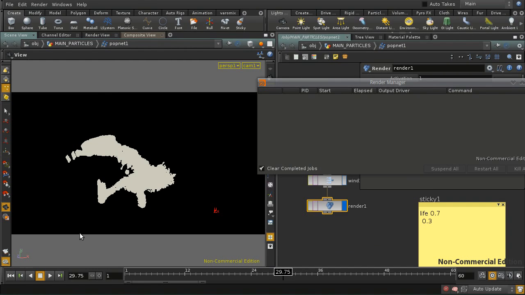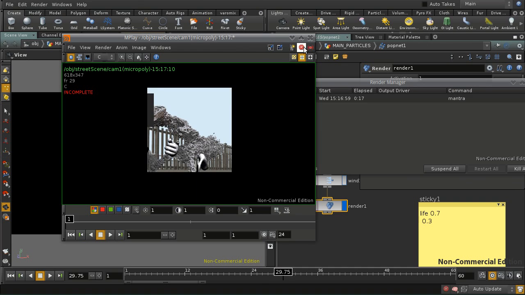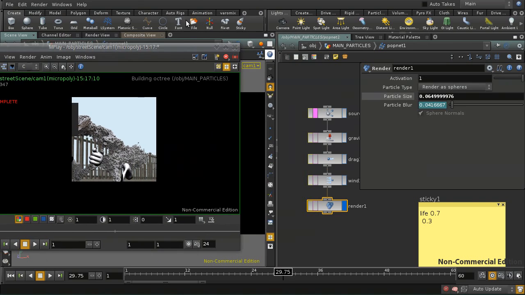That's the problem. I render to disk. This render node here helps us with the motion blur. So I did the wrong one again here. Just get the Mantra one. It helps us with the motion blurring of the particles, and